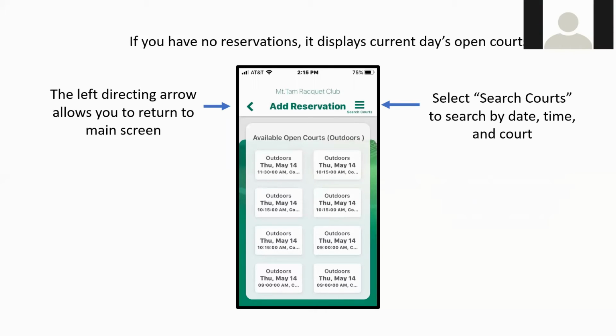So that if you're trying to make an instant reservation, you can see, okay, these courts are available right now. I'm going to call up Rick and see if he can play at 9 o'clock. And if he can, I'll reserve it and then sign him up. You click on the 3 bars. And when you click on the 3 bars, you will get